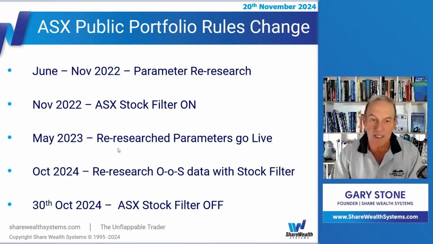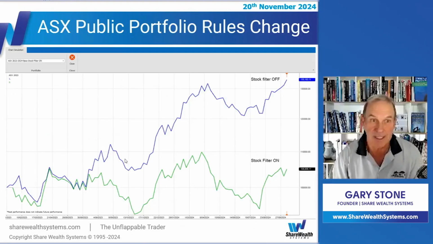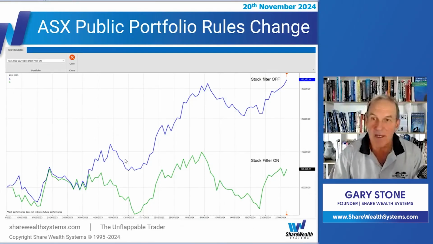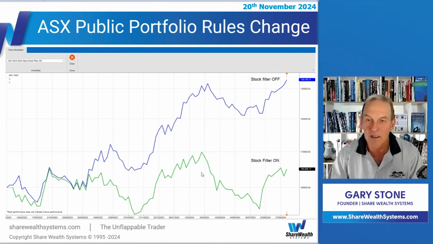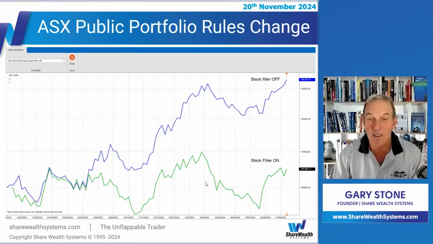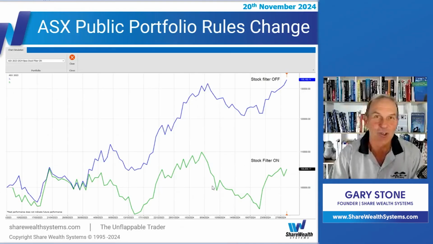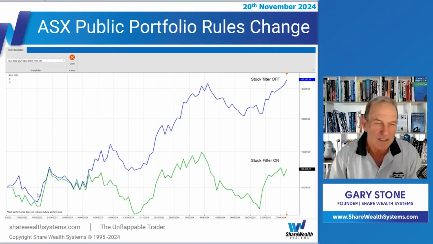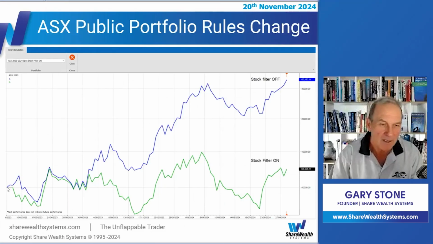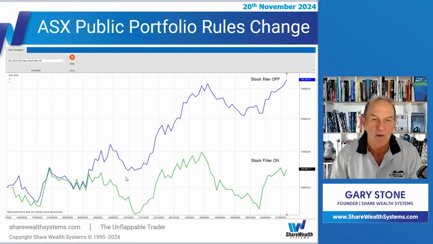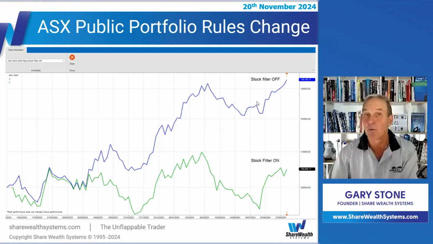And what was that research based on? It was based on this, running some simulated portfolios against the simulation, and also the stock filter on this green one here. It looks very similar to the public portfolio. It's the sideways moving market. And so if we had at that stage in May turned it off rather than having it on, this is the effect we would have had.